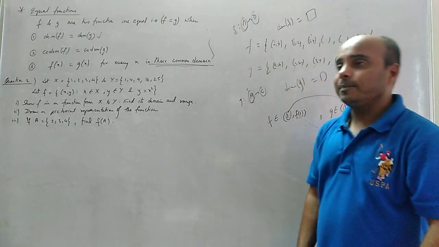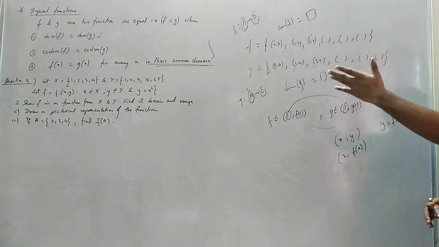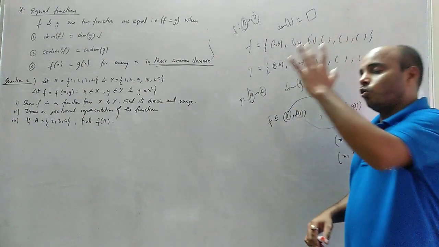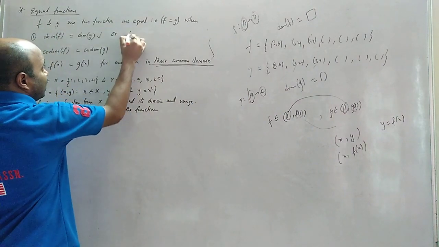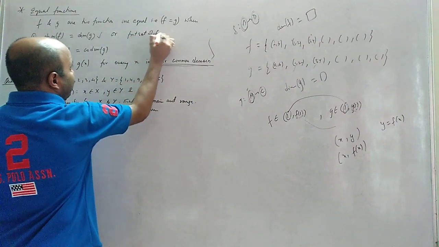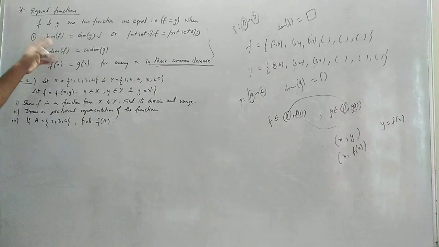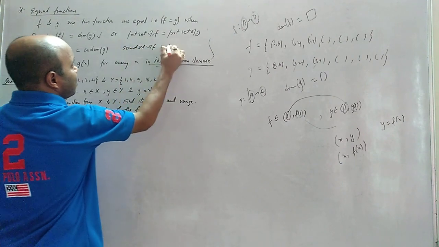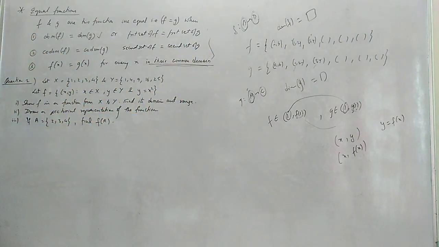Okay, class? You understand? So if you understand these things, very good, very fine. If you do understand, please mark up. Domain of one function will be equals to domain of other function. Codomain of one function equals to codomain of other function. So these two can be also understood as, first set of f will be equals to first set of g, because domain is nothing but the first set. Okay. Similarly, यहाँ पे क्या हो जाएगा? Second set of f will be equals to second set of g, because codomains are second set.